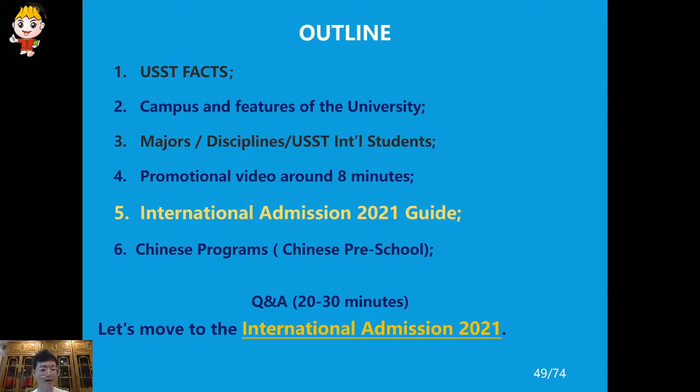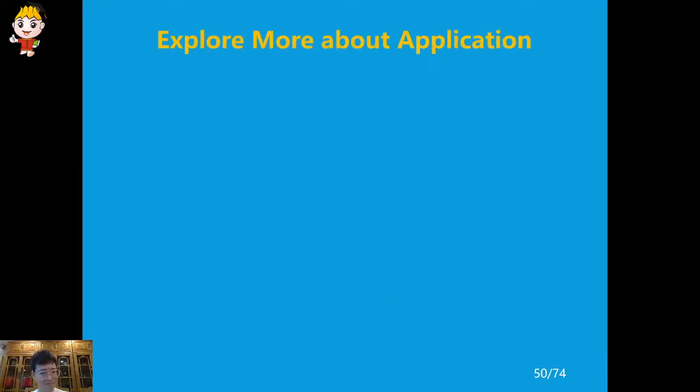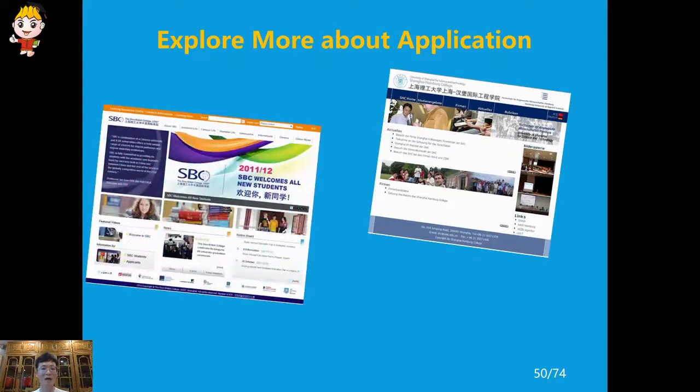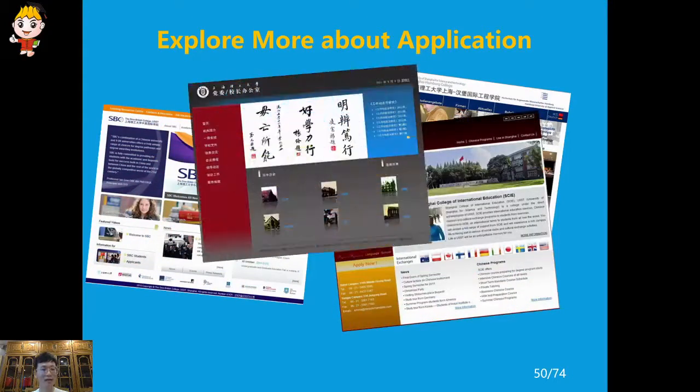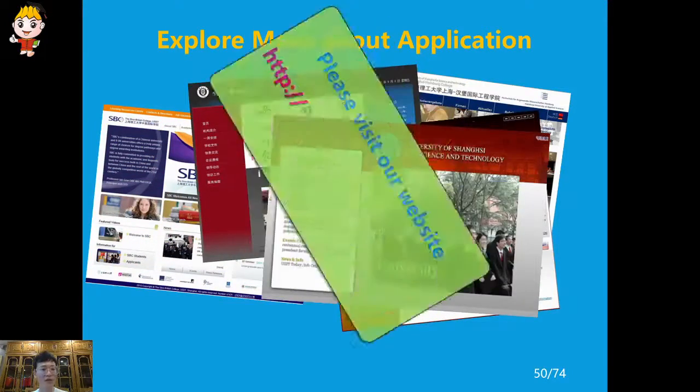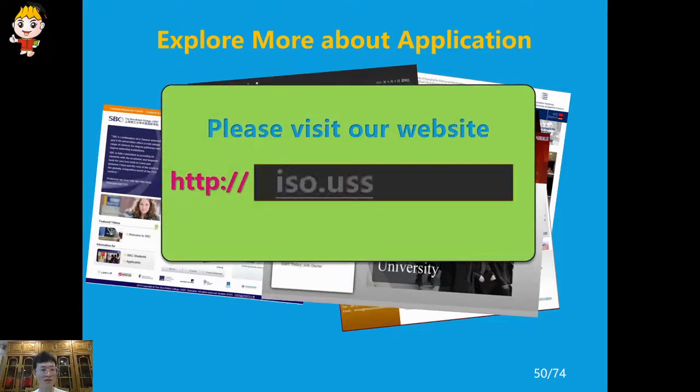We will respond one by one. Okay. The first key information is the official website portal of the university, and especially for the application.